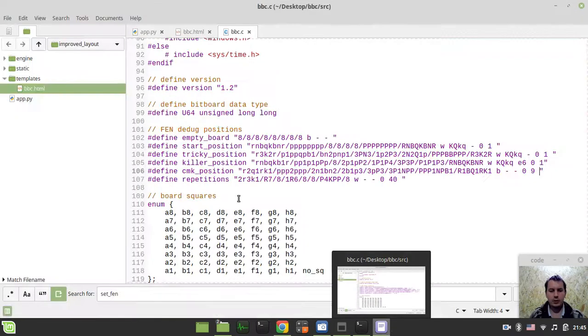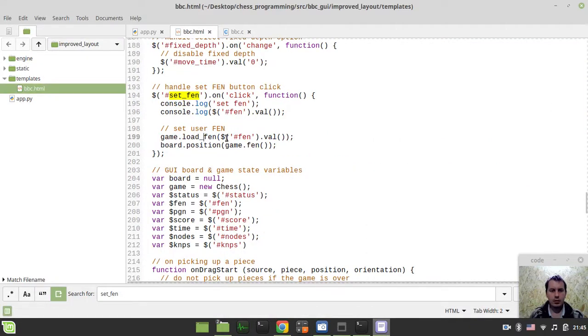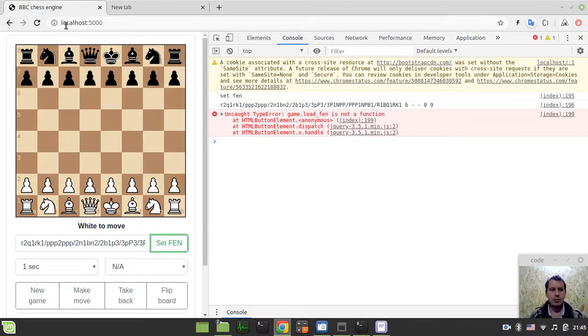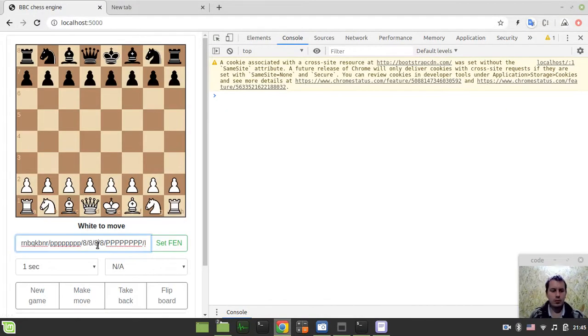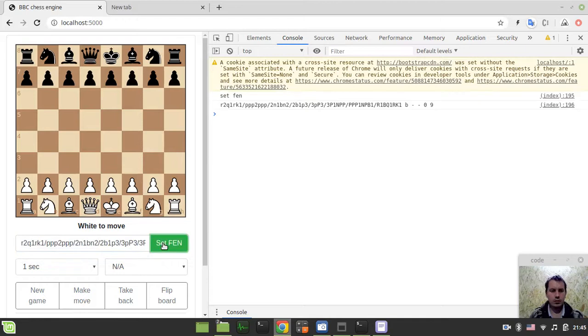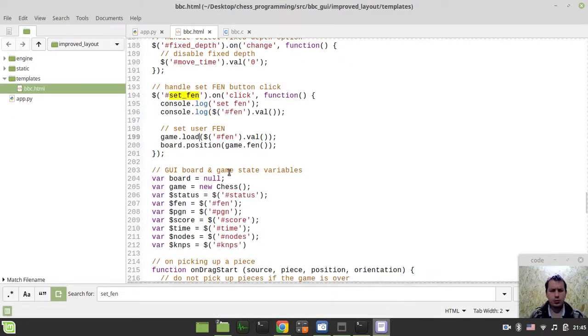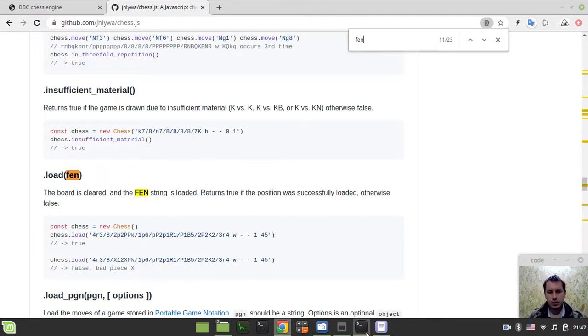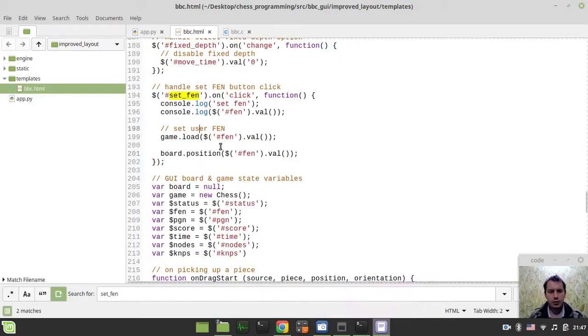Load FEN is not a function. Okay. Then if just simply FEN... okay, this is so strange. Okay, let's try. Okay guys, sorry, just hold on a sec, I need to figure this out. Okay guys, sorry, it's called load simply, and before that we also need to clear the board to kind of update the